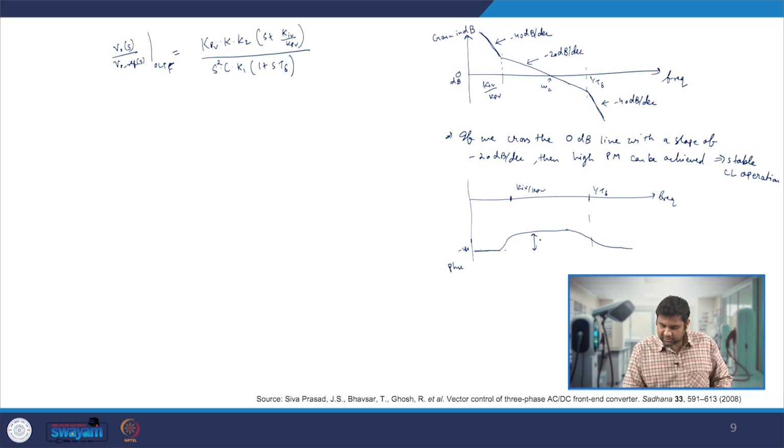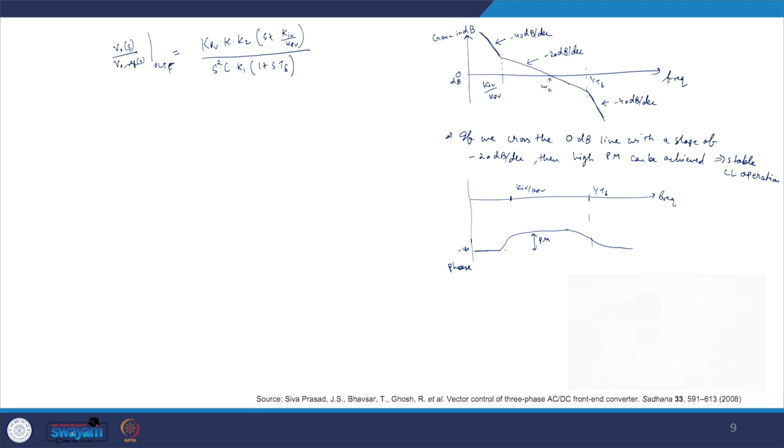So this is the phase margin we can obtain, that means how far from minus 180 degree we are when we plot the phase plot of the open loop transfer function. This is the phase plot of the open loop transfer function, and this is what gives us the phase margin. So if we ensure this minus 20 dB per decade fall, then we can ensure we have a good phase margin, that means we can make sure the phase plot is that much away from minus 180 degree, and that is what we will do over here by keeping our 0 smaller than our pole.